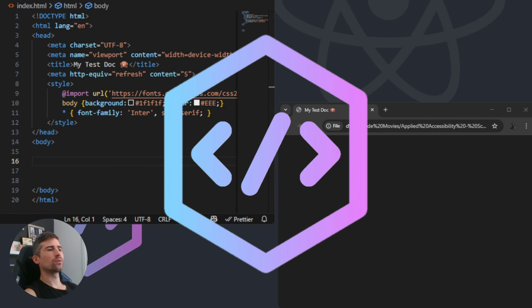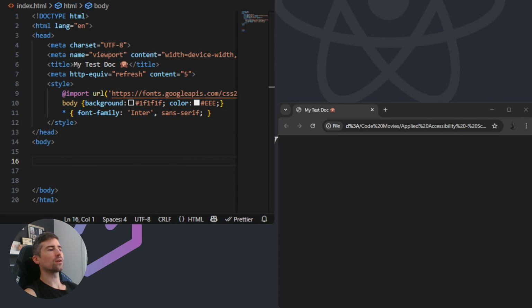Welcome back. Today we're doing applied accessibility, and we want to be able to show text only on a screen reader, but we don't want to hide it. Or we kind of want to hide it from the main view of the site, but we don't want people to be able to read it normally unless they've got a screen reader, which is software that reads through the web page for people, so you can add titles and tags to make your site easier to read. So the way you can do this, you can make some text screen reader only by adding,